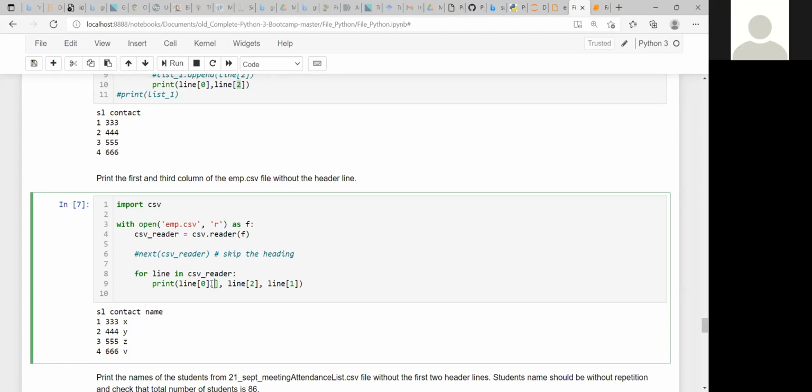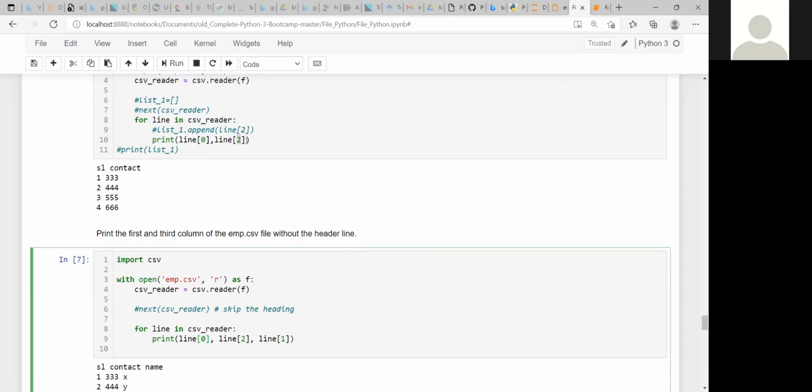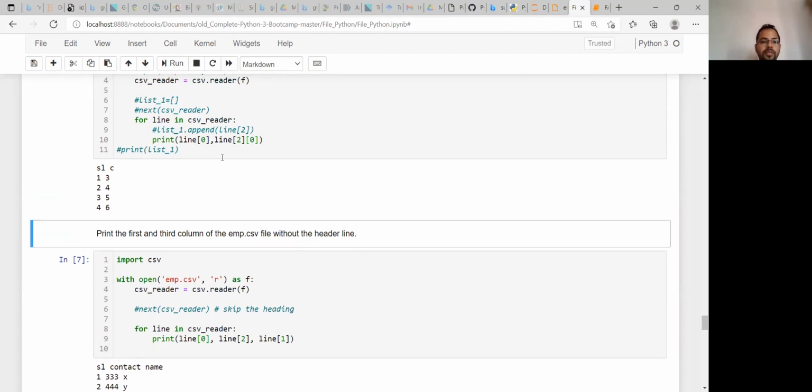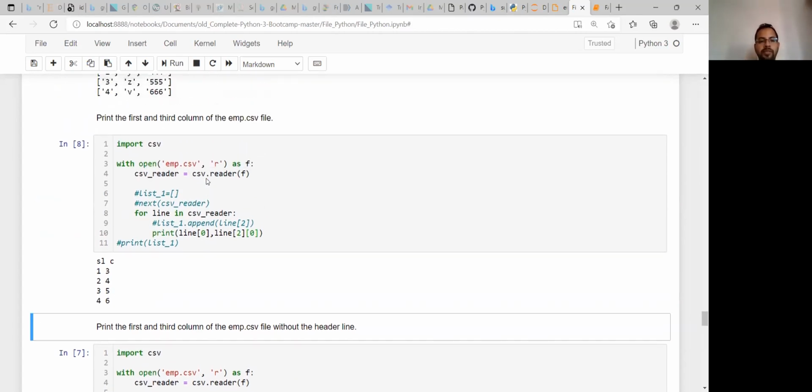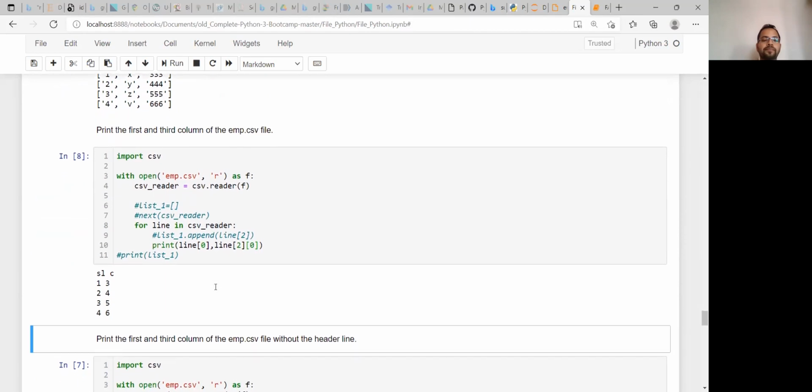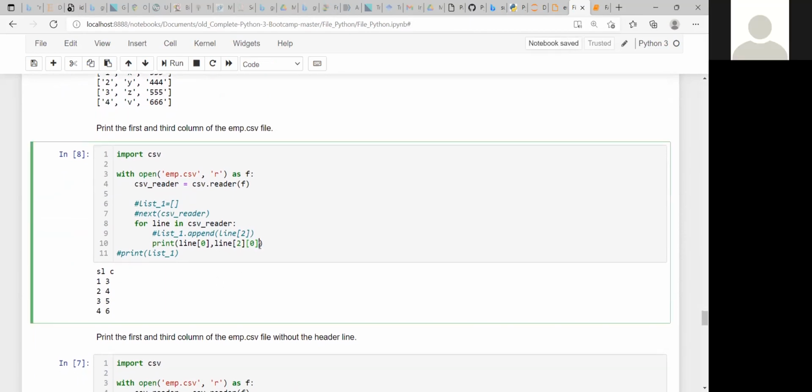You would get only the first elements from the second one, meaning 3, 4, 5, 6, not the whole. Okay, sir, we'll see it next day.